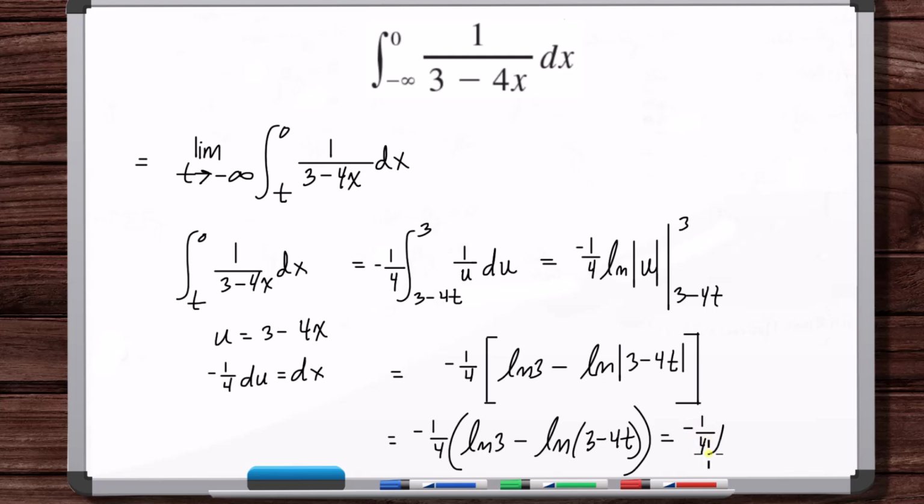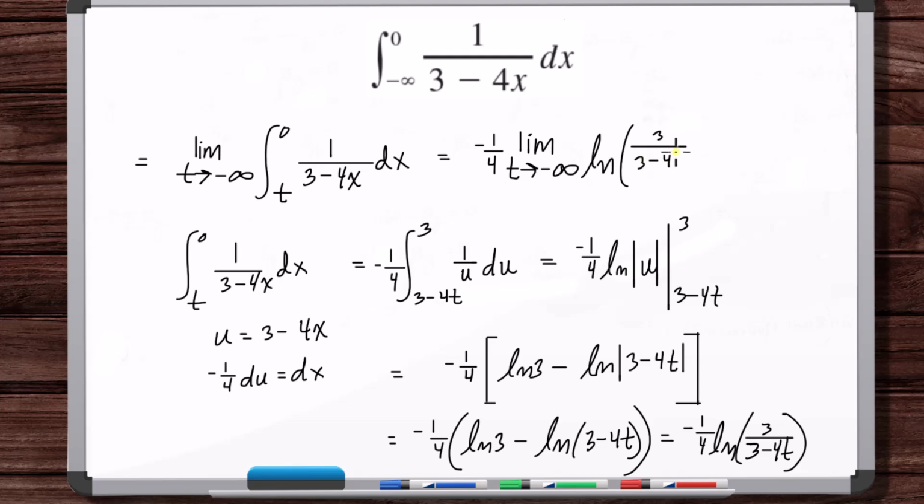Okay. Now we can combine this natural log like that. So what we've got is we can take out the minus 1/4, the limit as t approaches negative infinity of the natural log of... As t goes to negative infinity, 3 minus 4t goes to infinity, 3 over infinity goes to 0. So the natural log of 0, you can think about as